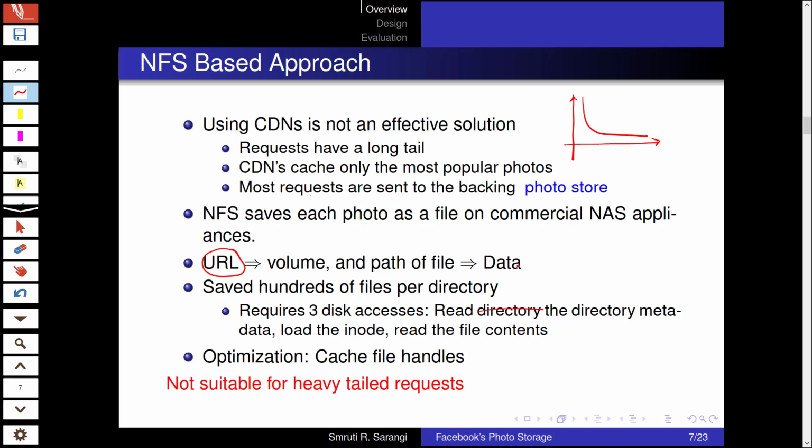The optimization is that we can cache file handles. But caching file handles does not really help because of the heavy-tailed nature. For this range, which is very, very long, caching does not work.